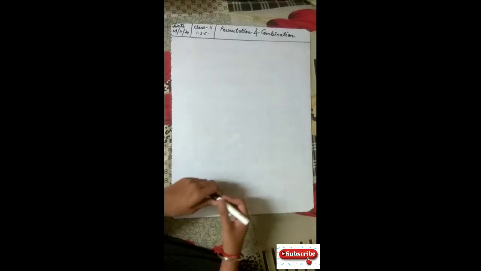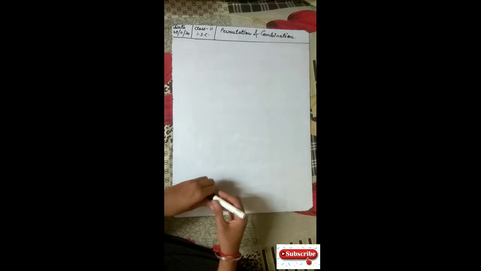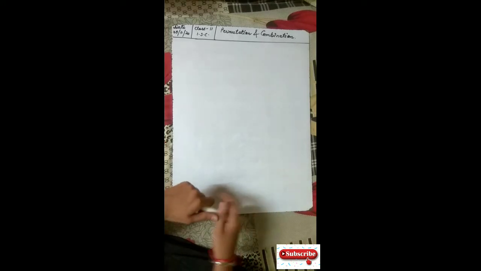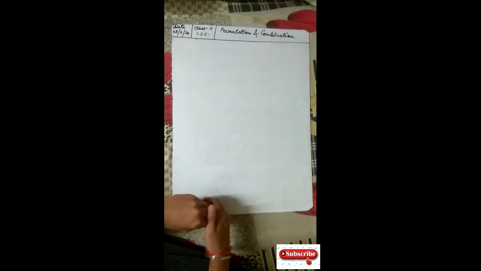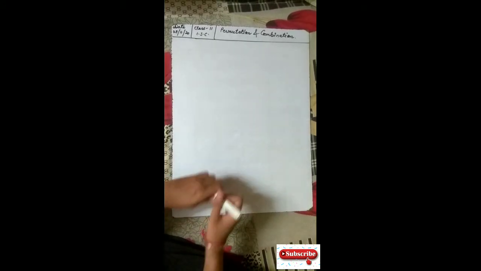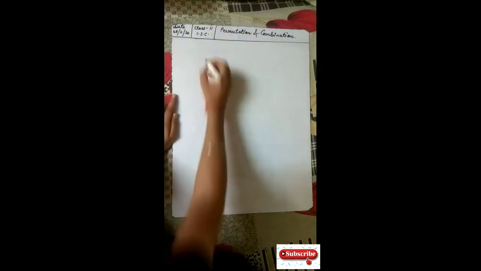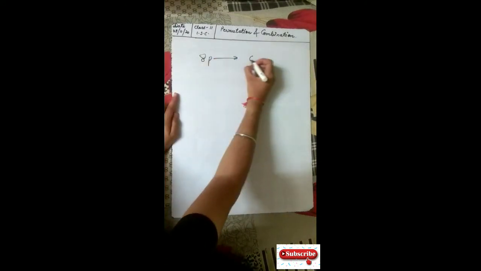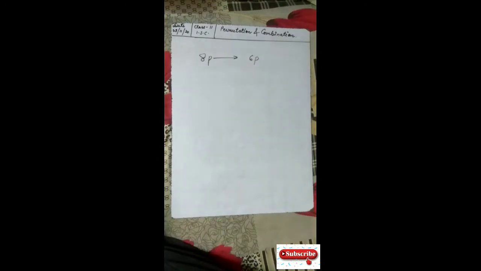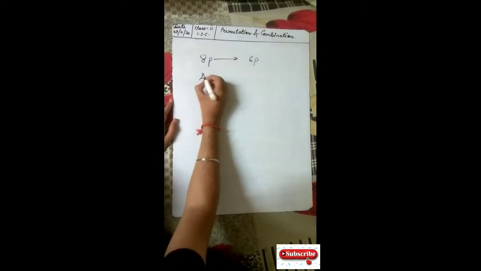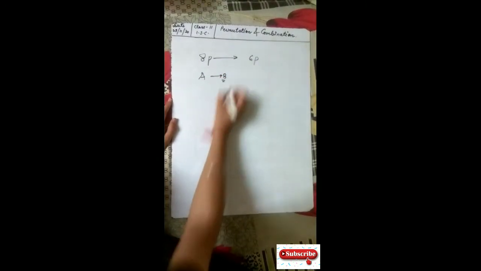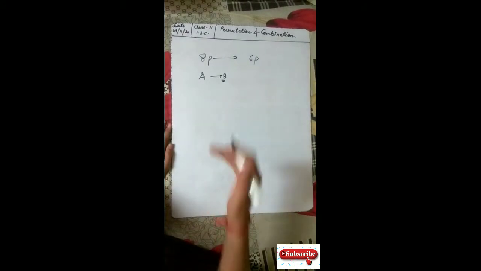The question is, we wish to select 6 persons from 8 persons, but if person A is chosen, then B must be chosen. In how many ways can the selection be made? So, we have 8 persons and we need to select 6 persons. And the condition says that if you choose A, then B must be chosen. So what all cases will